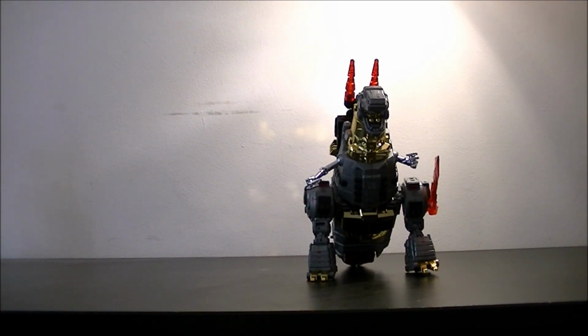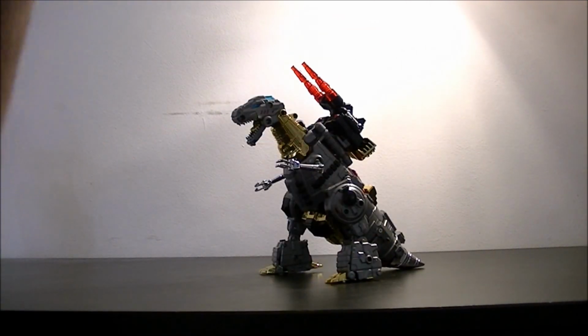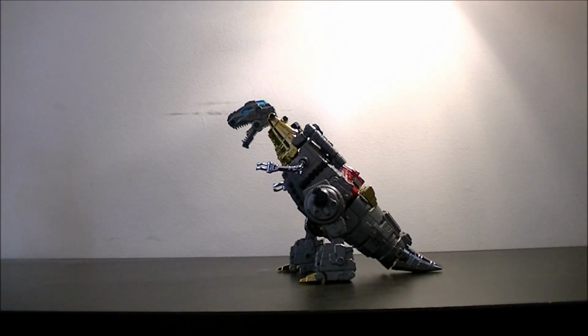However, there are some fiddly parts, so bear with me. Start off by taking off the sword, that's one side, and all this fiddle bit here. I'm just going to take the weapon off as well, disengage the weapon too. Okay, so